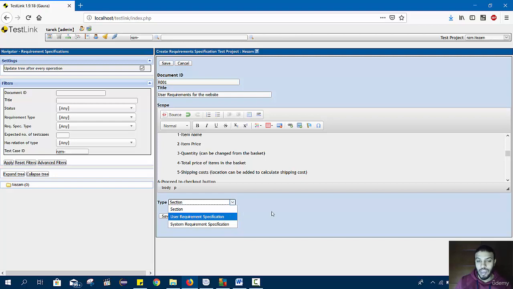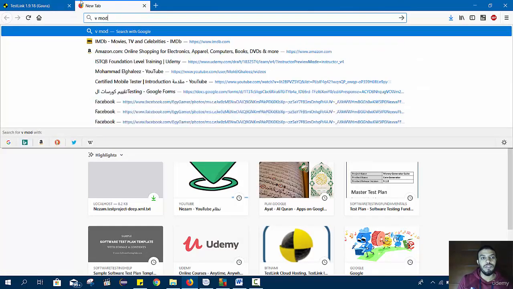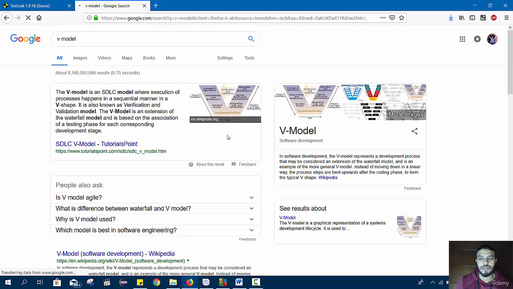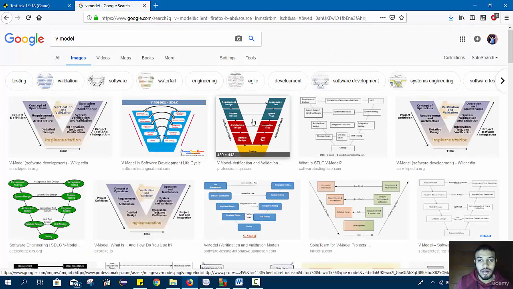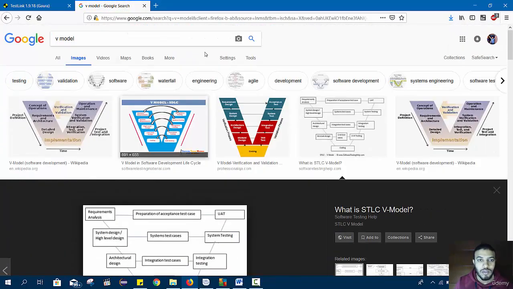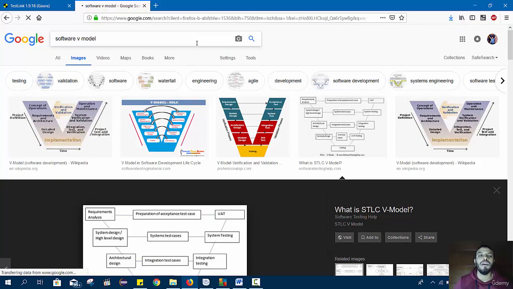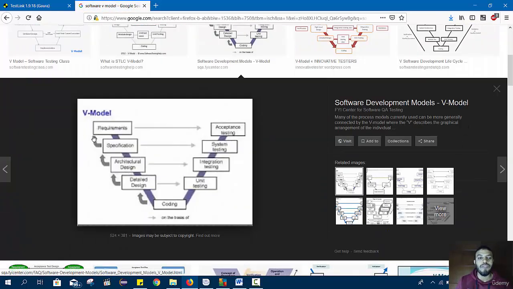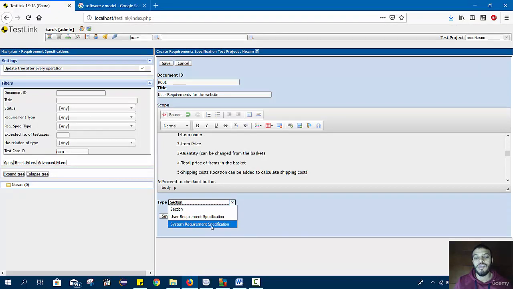What is the difference? We have in the vModel, let's click on the vModel, images. Okay, here, not this. We have, okay, software vModel, because there is a vModel in mechanics, okay. Here we have requirements and specification, or user requirements and system requirements, or SRS, or like he says, system requirement